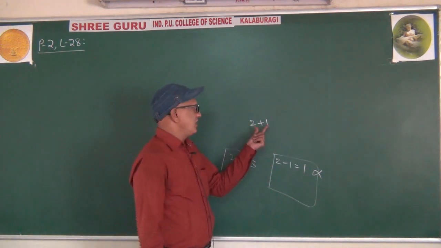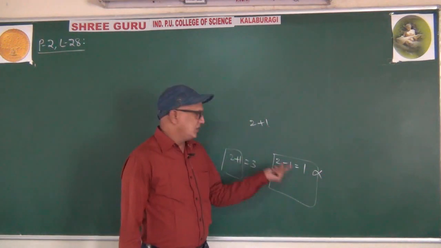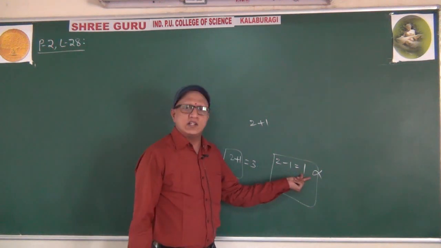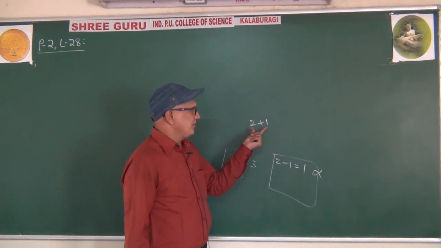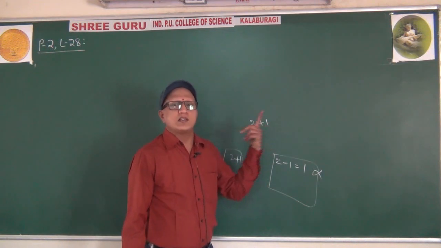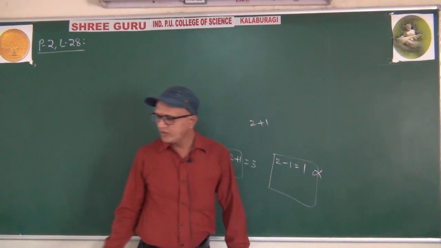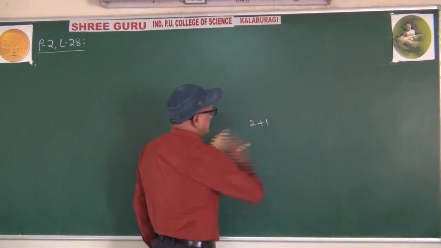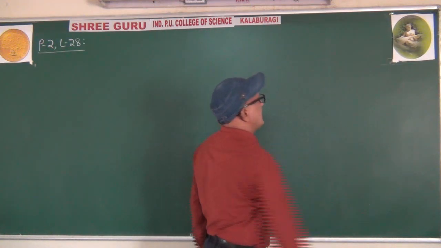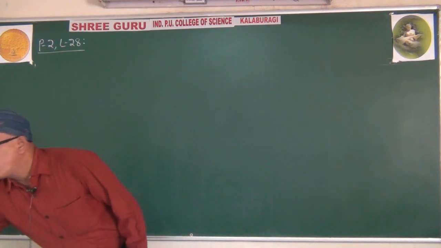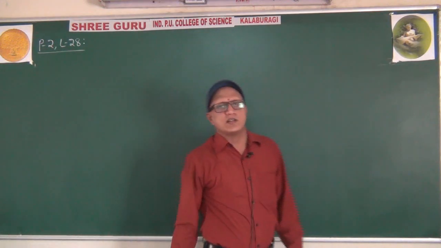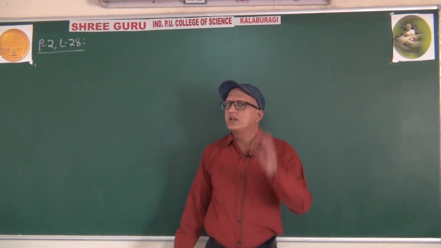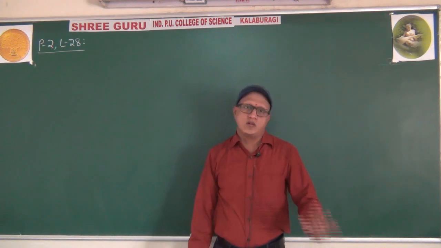Why is it wrong? Because we asked 2 plus 1, and you have written 2 minus 1. As per you, 2 minus 1 equal to 1 is correct, but as per us, we asked 2 plus 1, we did not ask 2 minus 1. So if you go a bit fast, chances are there to make a mistake in system of linear equations. Even for the adjoint of the matrix, from here on, we have to solve a bit slowly.